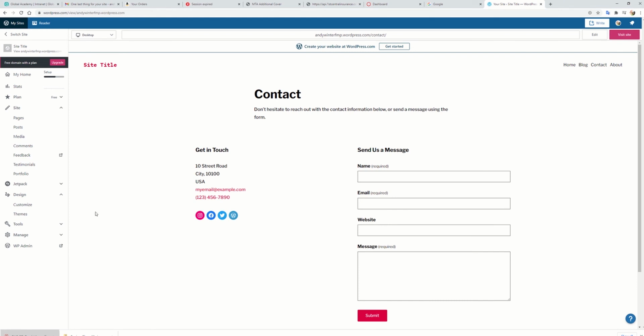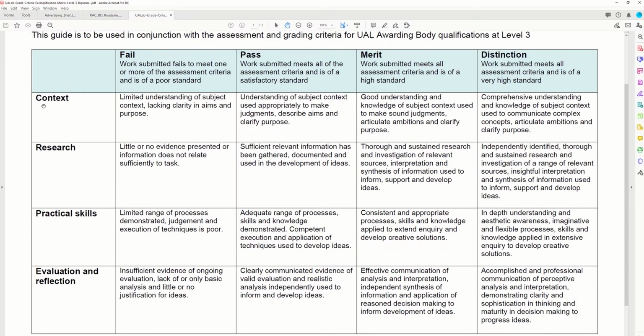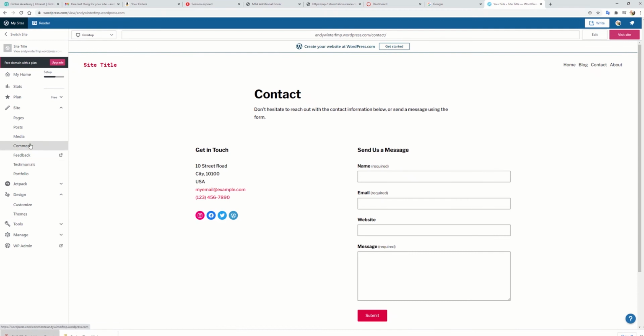Now, with your FMP, you will be marked based on this criteria. So you're marked in terms of context, research, practical skills, evaluation, and reflection. So we will want to see a web page where you can put evidence of these different areas of your FMP work up. So what you're going to need to do with your website is go into the Customize menu